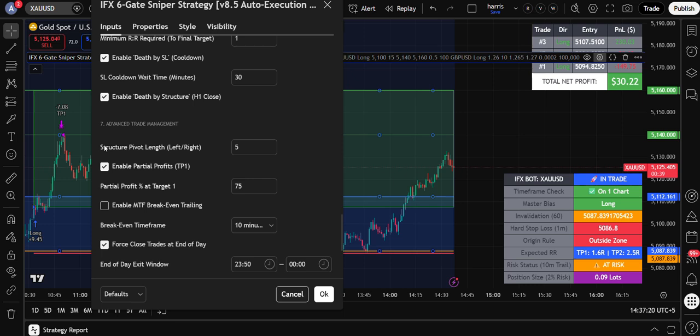Before that, guys, we have structure pivot left to right. Now this is the sensitivity that we use to calculate our structure and the BOS and the SMS, shift in market structure for our entries. So you can increase, if you increase the sensitivity,